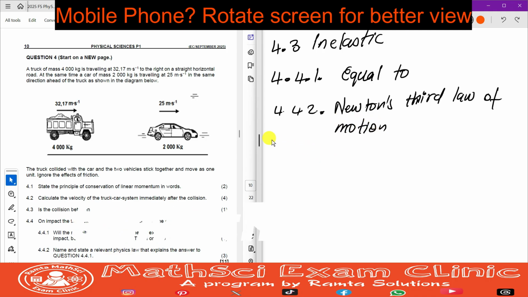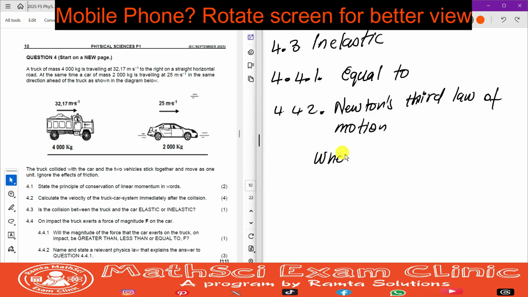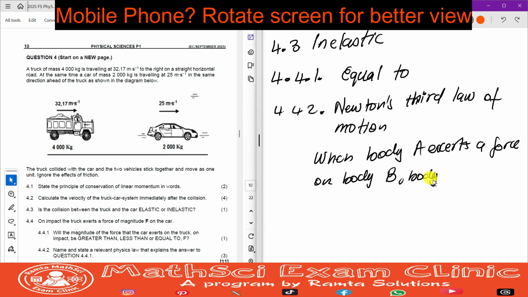Now you need to state it. When body A exerts a force on body B, body B exerts the same magnitude of force on A, but in opposite direction. Or the one that I think is quite easy to remember: when body A exerts a force on body B, body B simultaneously, because I know you guys like the word simultaneously,